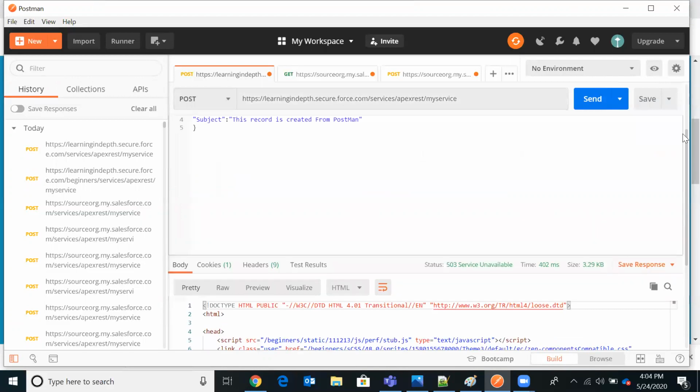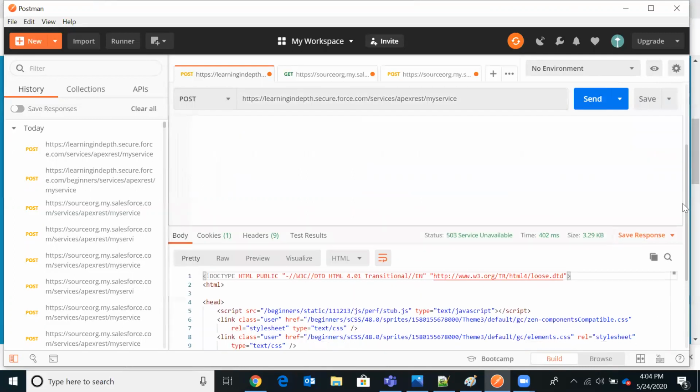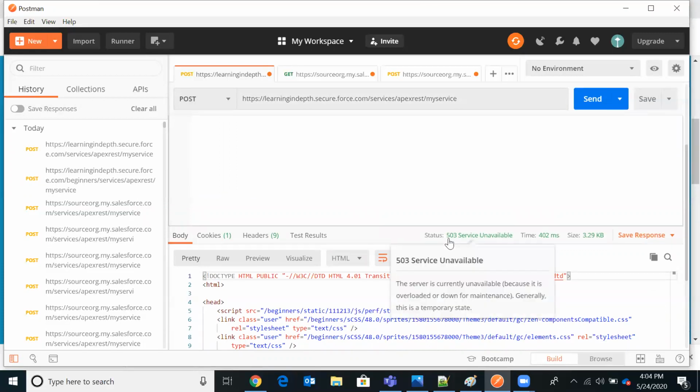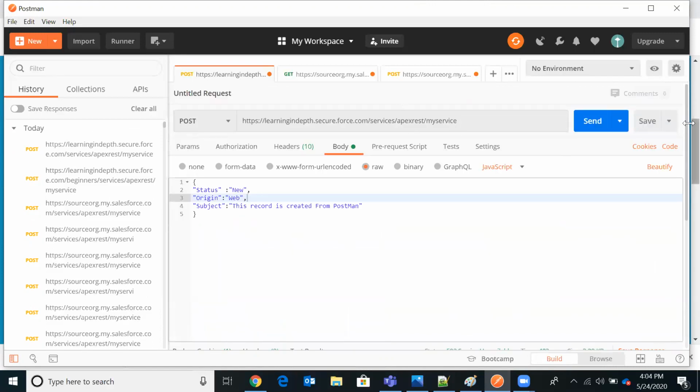It says that with this entire URL, we are not able to find my service class. So what do we have to do? Again we have to check what URL we are trying to pass here. So this is how we have to troubleshoot the request and the response. This is the request and this is the response.